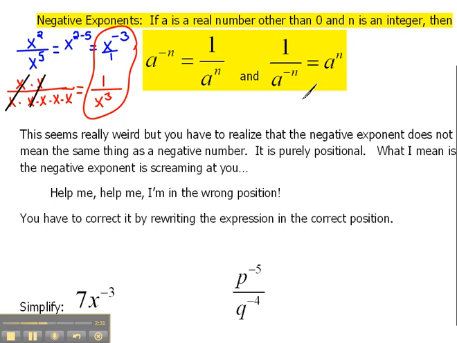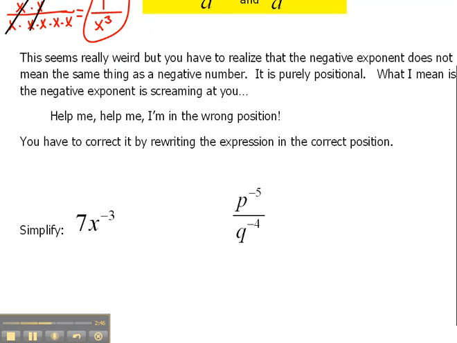And then the opposite of that is also true. If we have a negative exponent in a denominator, that means that, again, this is in the wrong position, that it belongs in the numerator there. All right, so let's look at a couple of problems and see if we can figure out what's going on here. Now, this first one, I want you to be careful about this